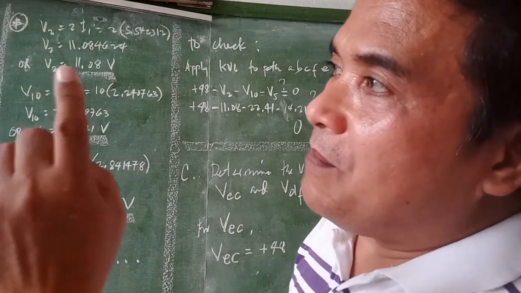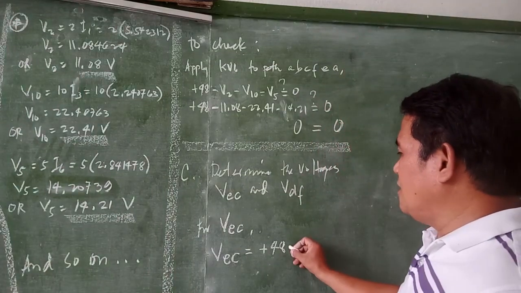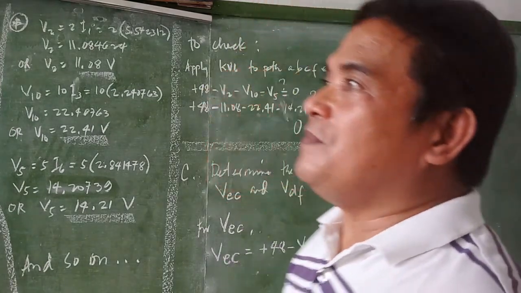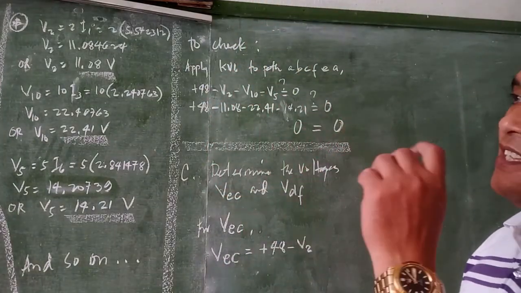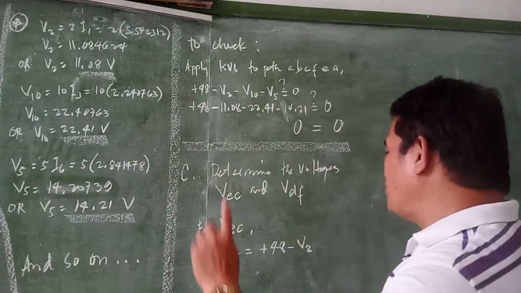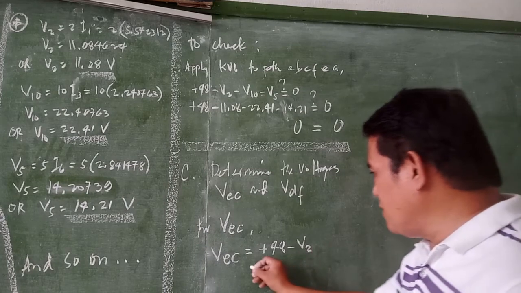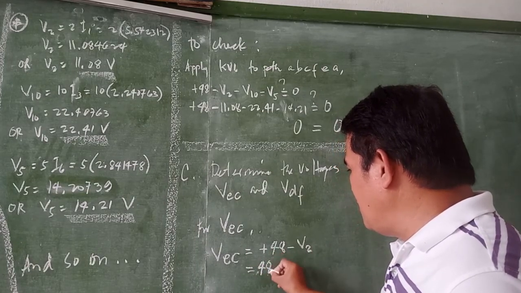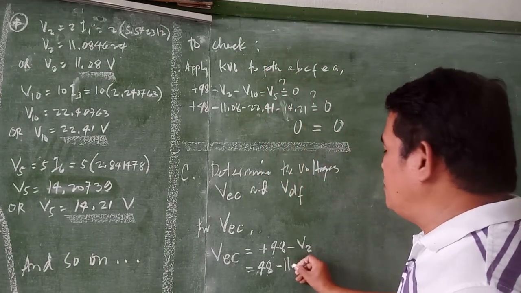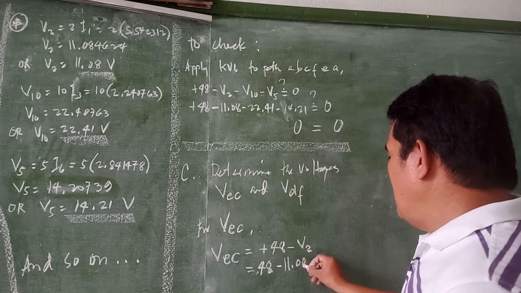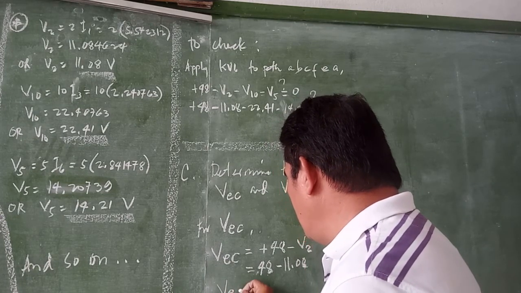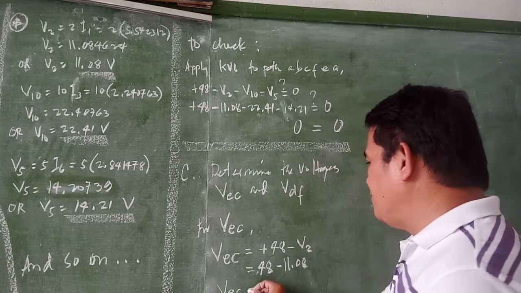To proceed further from B down to C, this is negative V sub 2. Why negative V sub 2? Because I am tracing the voltage from positive terminal to negative terminal. And the value is now 48 minus V sub 2. V sub 2 is 11.08 volts. Therefore, V sub EC is equal to